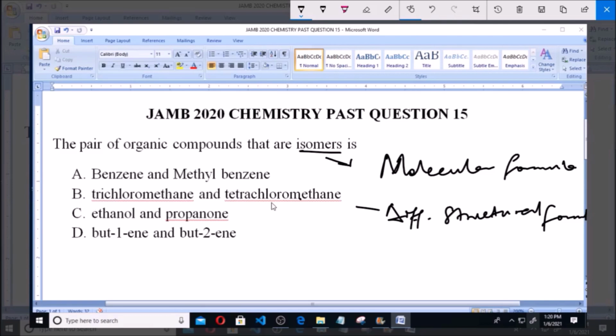Also, trichloromethane and tetrachloromethane have different molecular formulas because here we have 3 chlorine and here we have 4 chlorine atoms. In benzene we have C6H6, but in methylbenzene there is an additional methyl group. Now ethanol and propanol have different molecular formulas. But looking at but-1-ene and but-2-ene, they have the same molecular formula, which is